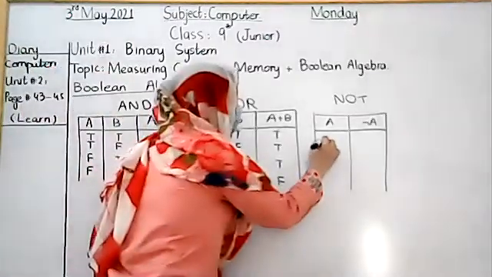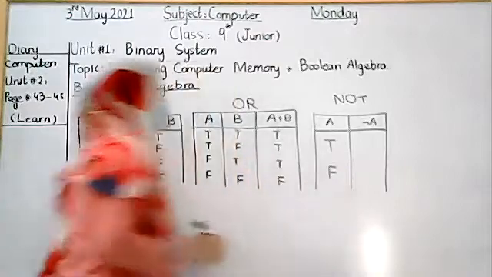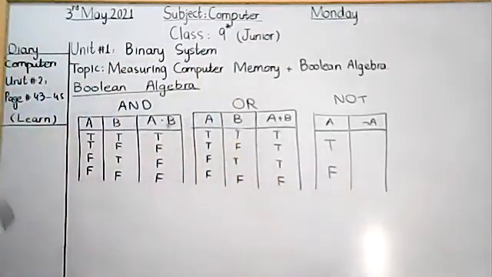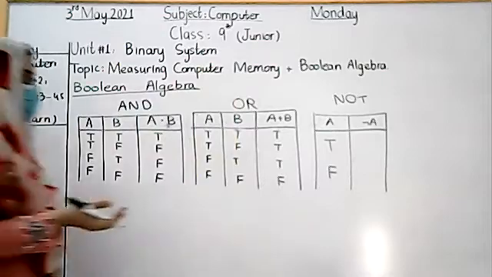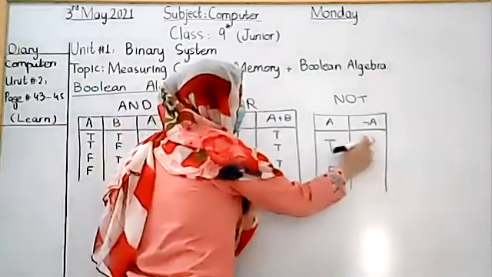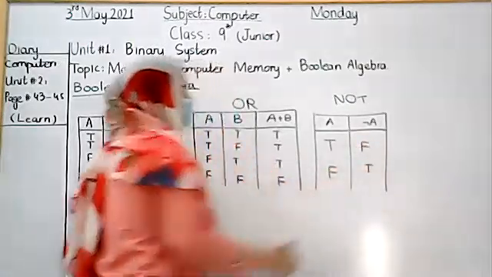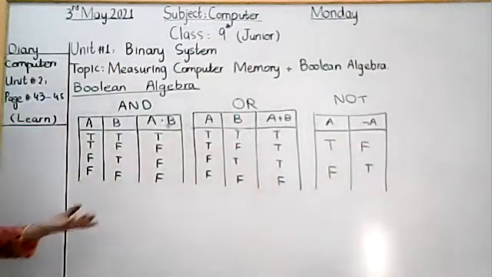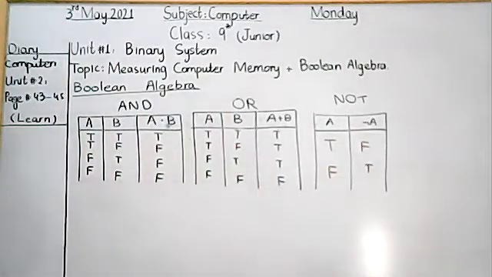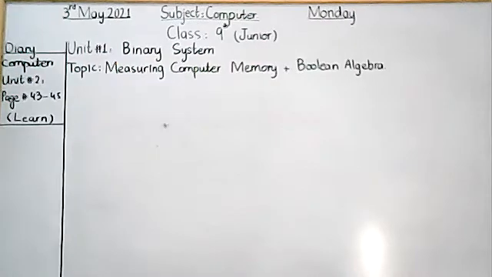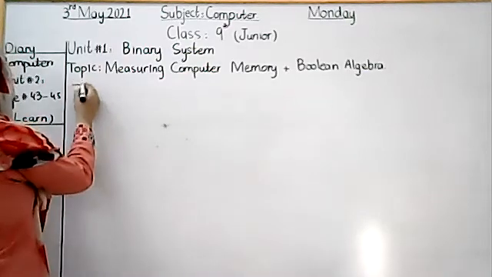Now we will go for the NOT operator, true and false. In the first row, I will go with true, and in the second row, I will go with false. So the NOT operator will convert the value to its opposite. Means if the input is true, the answer will be false. And if the input is false, the answer will be true. In this way, we can create truth tables for all the operators. Okay, now we will see how we can create a truth table for complex values.